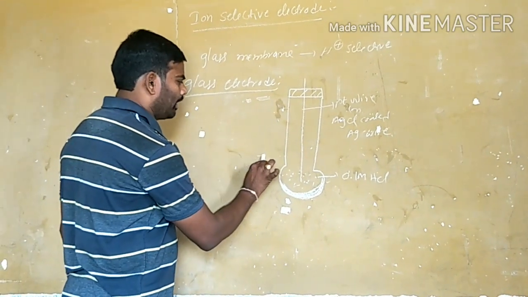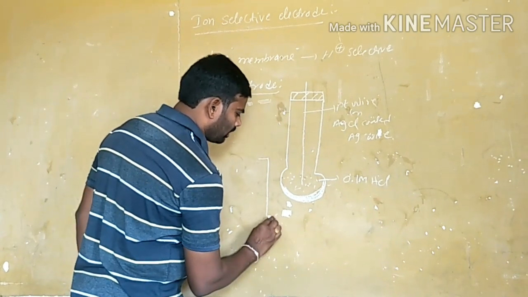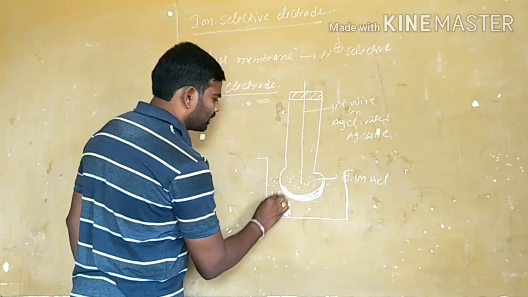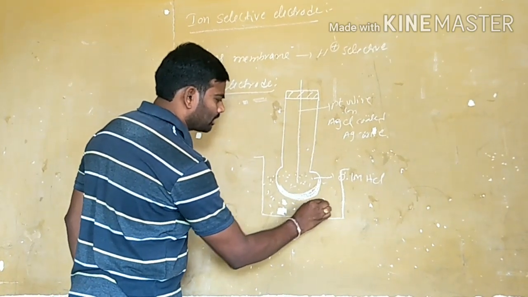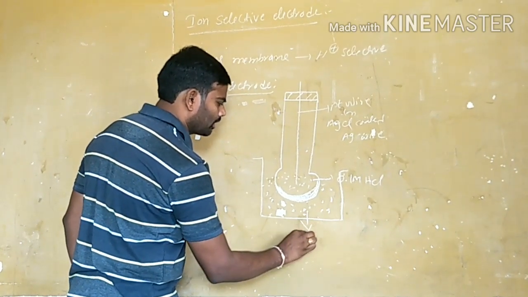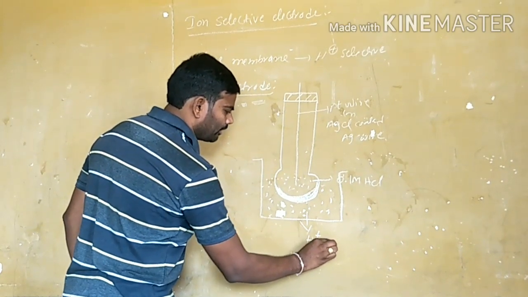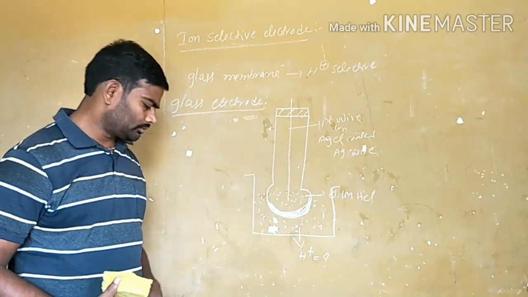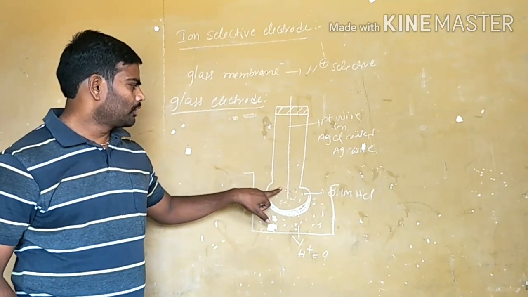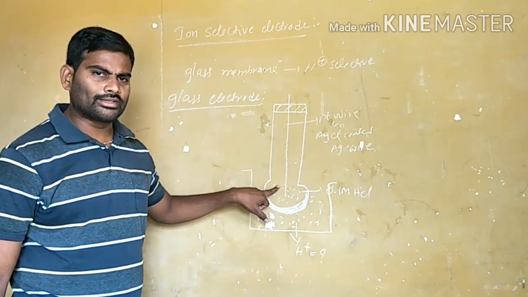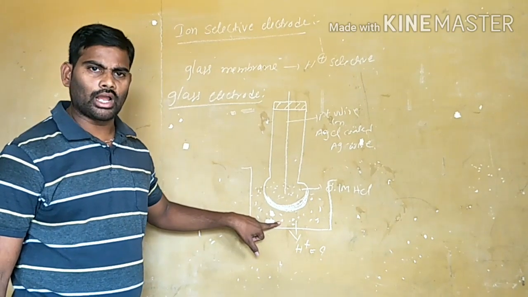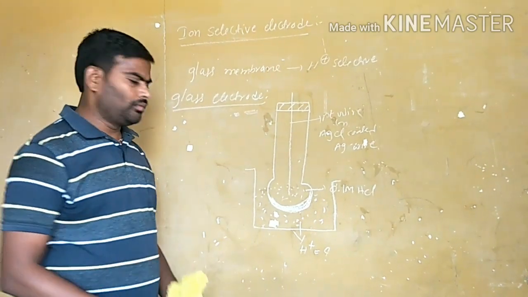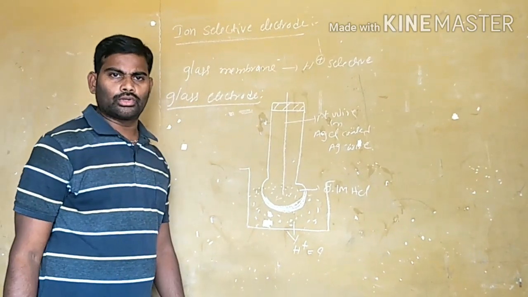For this, we dip this glass electrode in the unknown concentration solution, that is, an HCl solution whose H plus concentration we don't know. Inside we have the 0.1 HCl solution, and outside this is a different acid solution. And to find the concentration of this unknown solution,